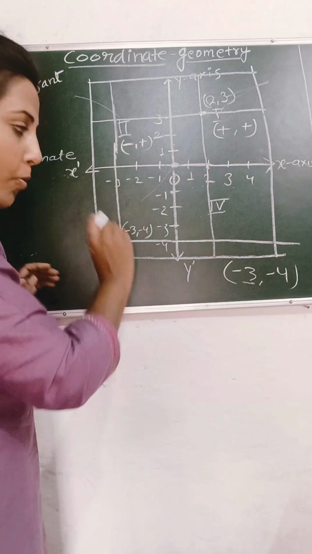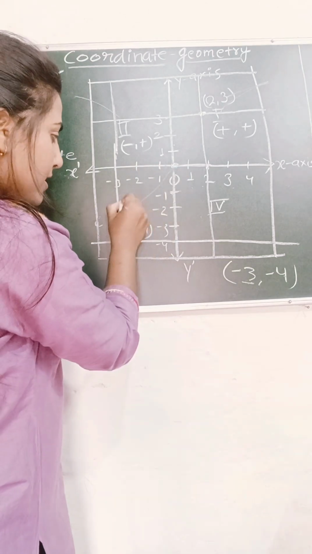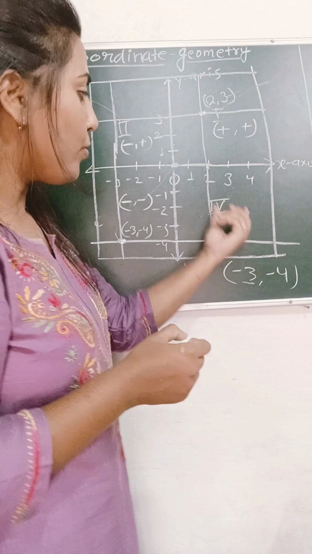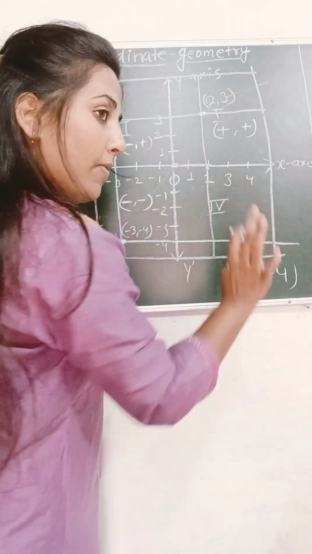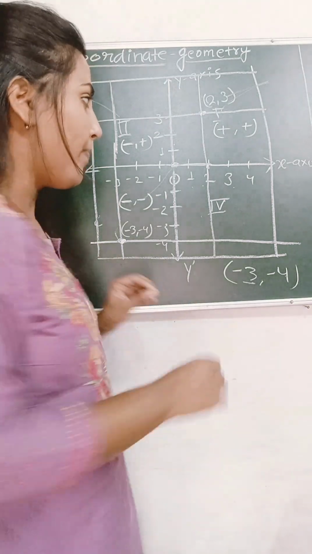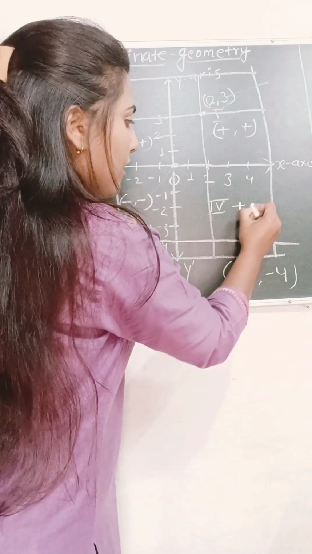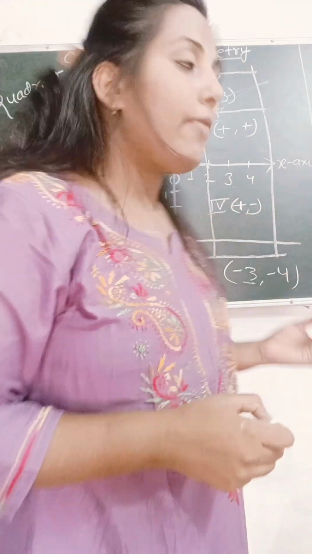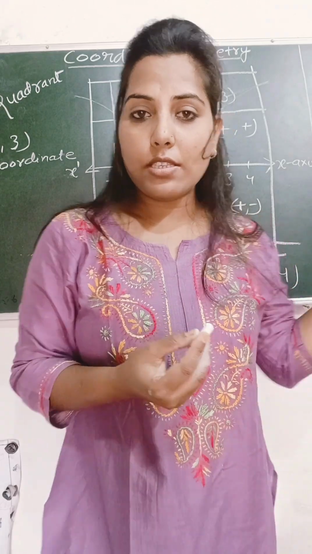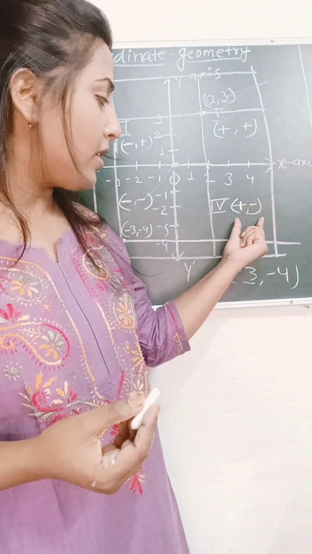Now come to the third quadrant. Here the x-axis is negative and the y-axis is also negative. Now come to the fourth quadrant. First we write the x-axis, and this is very important, you have to write in ordered form. So the x-axis is positive and the y-axis is negative. This is the way we can locate it. And as you know, this system of the x-axis and y-axis, these are the sign of this